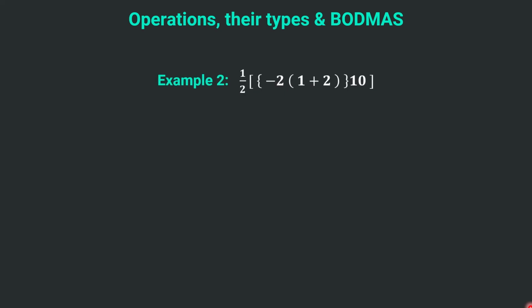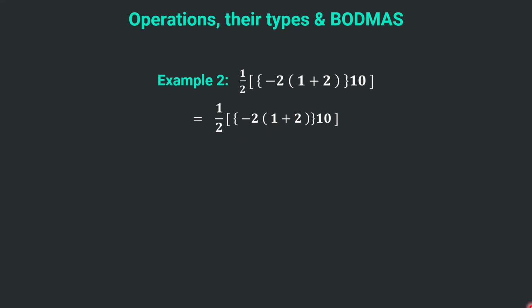Now in the second example, again there is a fraction, that means a division, then we have brackets, subtraction, multiplication, addition. So now we will start solving it. So first of all, there is a division being performed here, then multiplication, then we have a bracket. So we will be performing the bracket first, then within the bracket there is a bracket and a multiplication. So again we will be performing the bracket first because B comes before M.